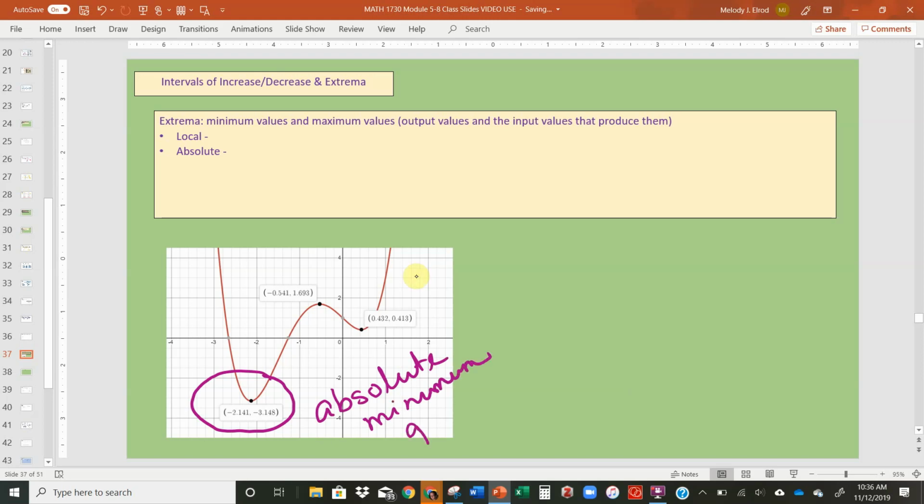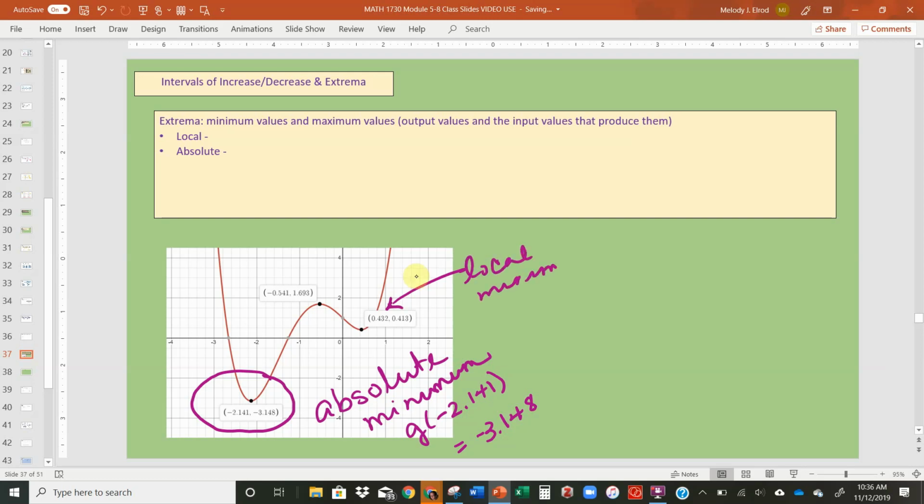We could say that g of negative 2.141 produces an absolute minimum output of negative 3.148. On the other hand, we have here a local